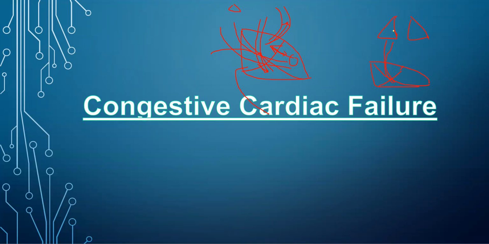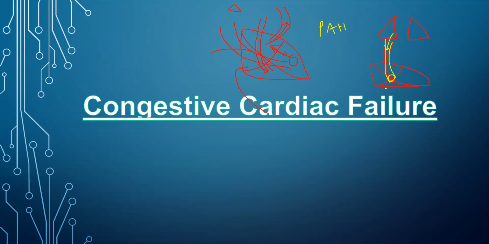At one stage, what will happen? Lungs will become overwhelmed as well, or there will be a lot of fluid accumulation over there. Then it will give more backward pressure to the pulmonary artery. And when pulmonary artery pressure increases, what do we call that? We call it pulmonary artery hypertension, PAH. Now, if there is hypertension or increased blood in the pulmonary artery,